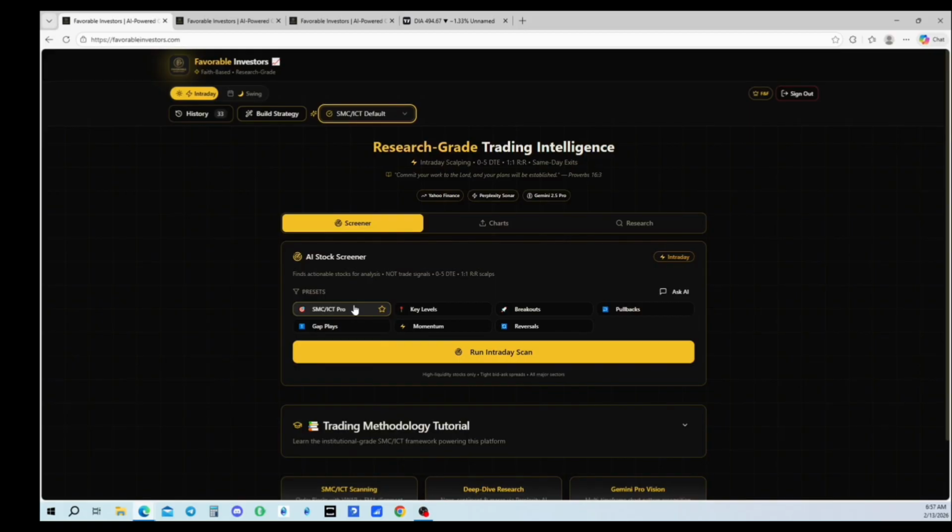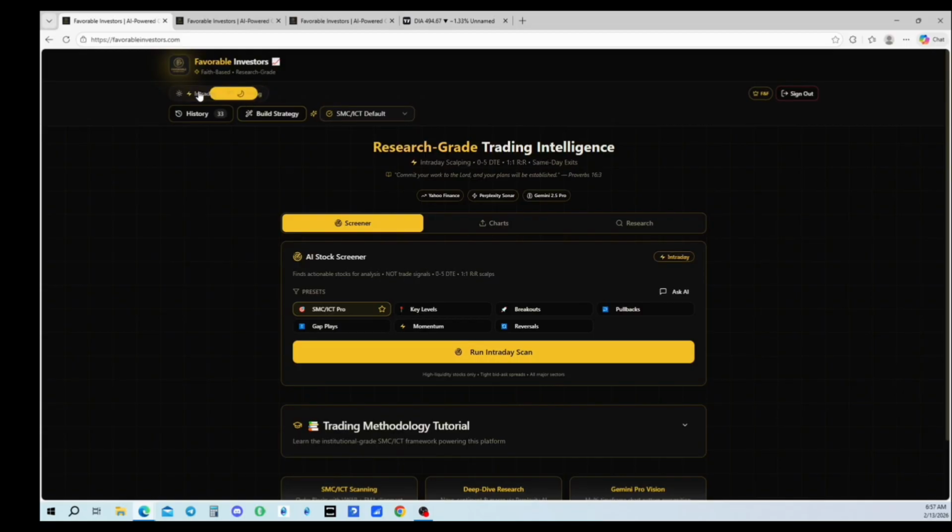then run the screener, which by default is a Smart Money Concepts / ICT Pro, which is finding the best stocks at key levels of support and resistance, supply and demand, liquidity sweep, has a very strong trend and is on a pullback. All of the very best price action strategies and things that you look at in Smart Money Concepts and ICT, and it finds the very best stocks for that criteria, as well as automatically filters it